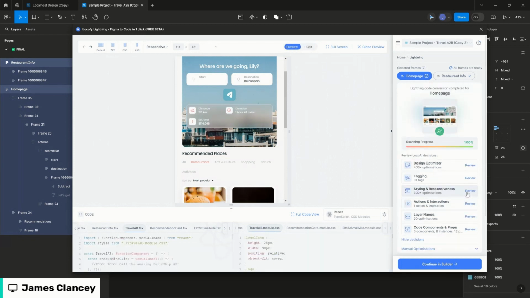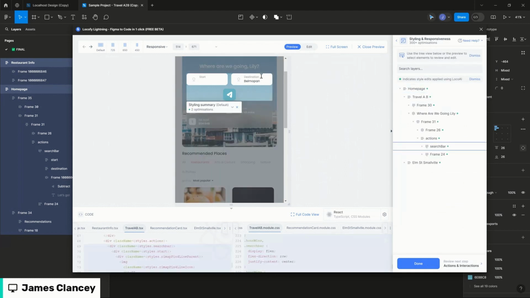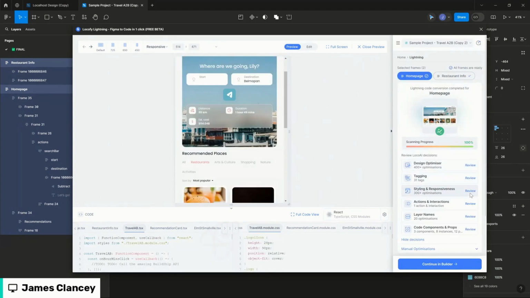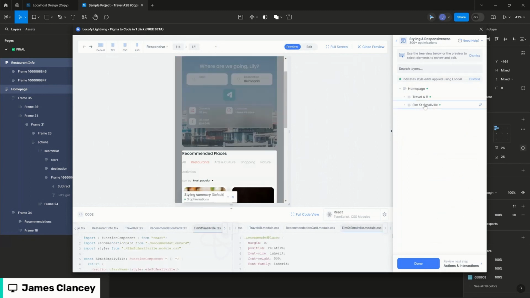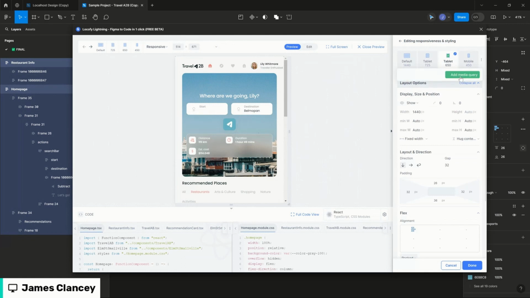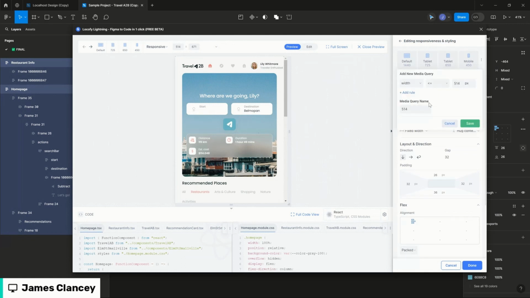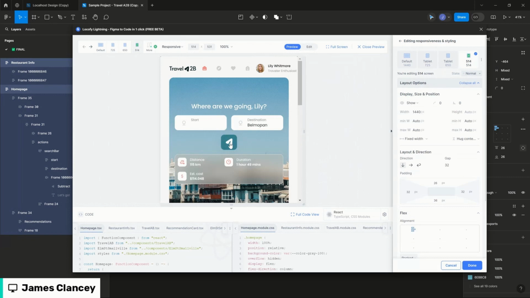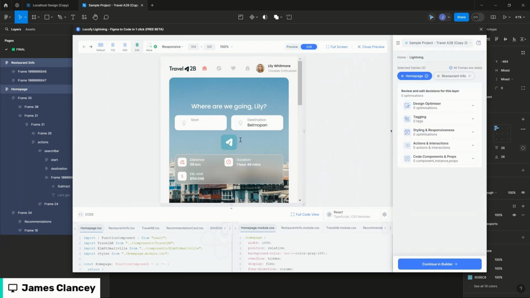So if I'm in there and I'm in the edit style and responsiveness, I can go into here. I can just add a new breakpoint. I just forgot where that's at. No, I thought it was right there. Okay, I just forgot how to add a breakpoint. What we can do is add breakpoints in here, and I've got to actually go into it and click edit. There we go. I remember where it's at. And we'll add one for 514, so now we can say at this point, we can tell this button, if we go to edit,